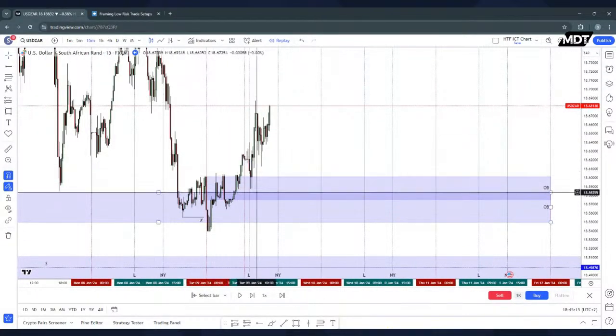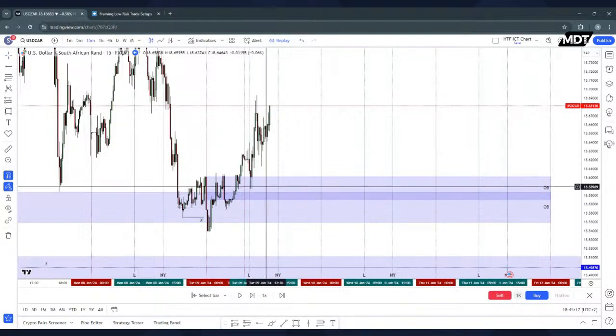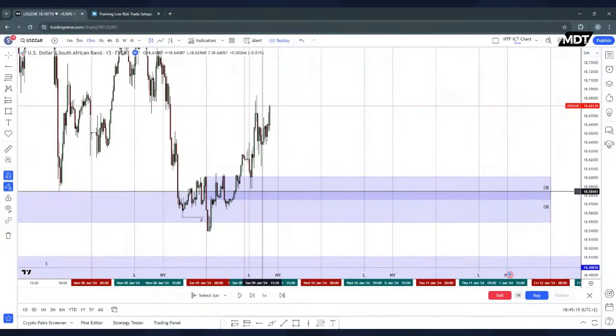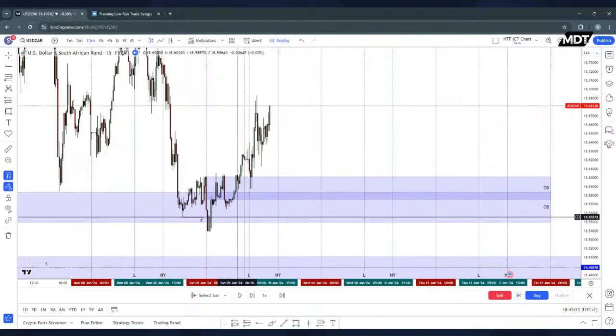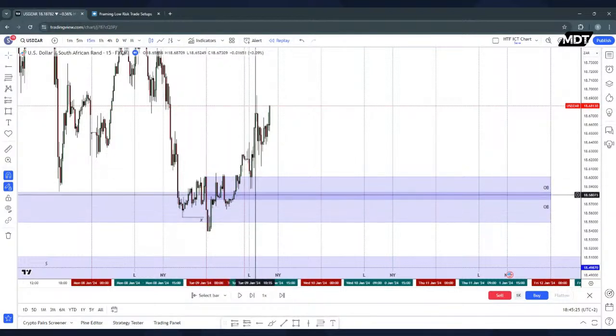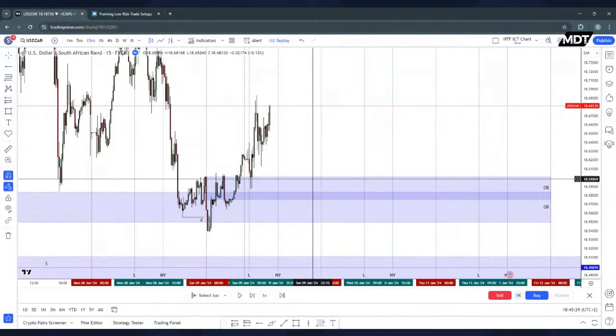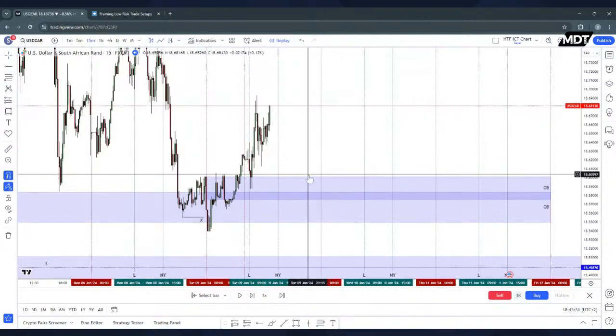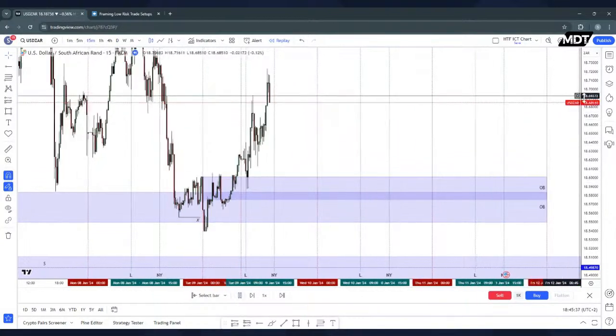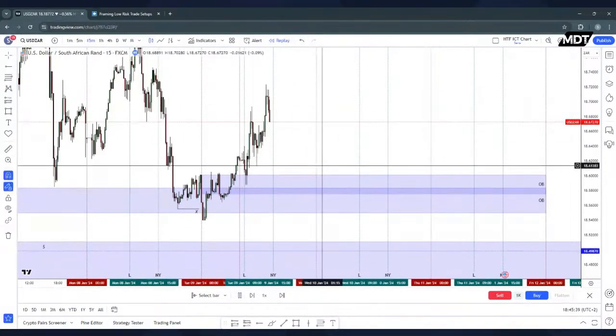So at this point, I was still waiting for the first one to be executed and it was still valid. So I think even if the second one was on, I probably would have only considered the first one. But yeah, now that we do have a confirmed push higher, I think this order block here, the second 4 hour order block, just becomes a lot more probable if we pull back.